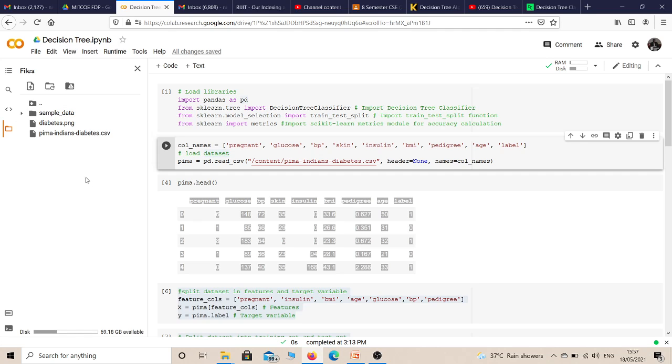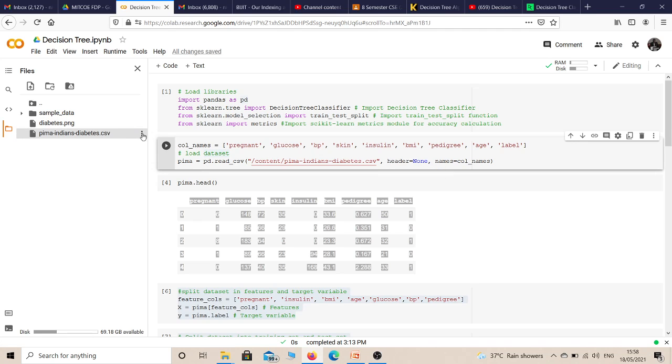There are two ways to upload. Either you can upload to your Google Drive completely, whose benefit is that no data will be lost. But in this case I have uploaded this CSV file into the Google Colab environment. So as soon as I log out, this file will get flushed. This is a difference, but still I am using it over here. Another alternative is that I can load my Google Drive, and then I can fetch this file. Okay, so first of all I need to load the data set.